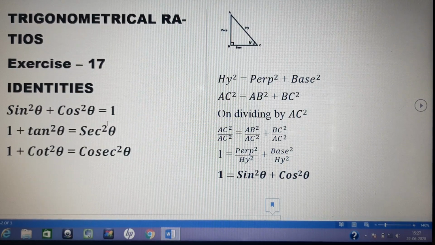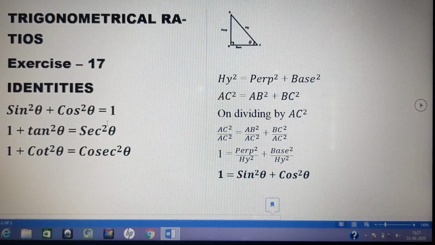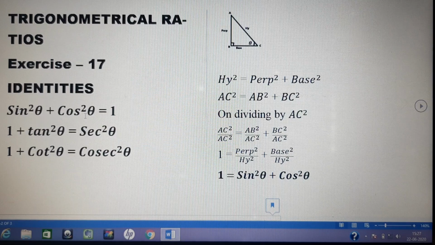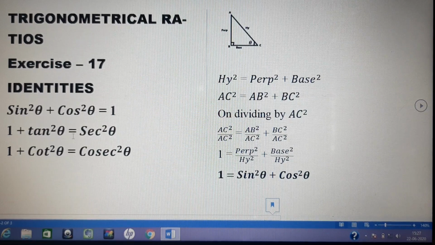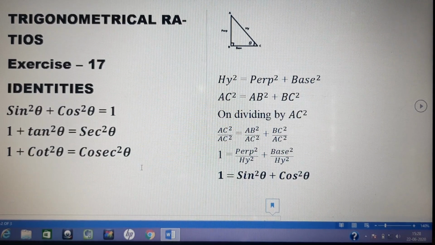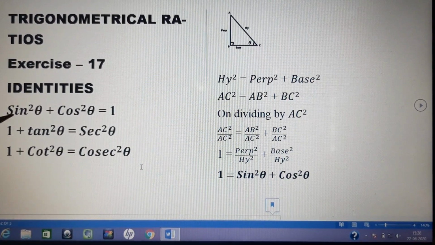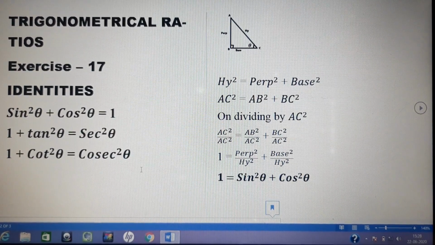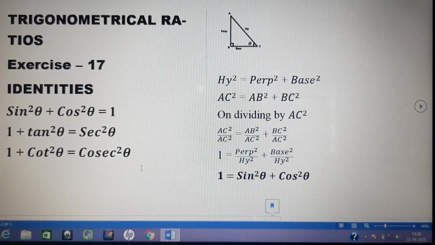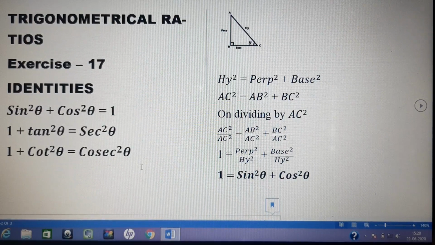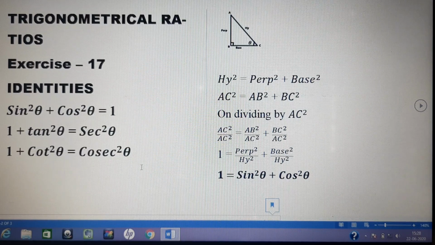It means whatever value sin 30 will have, 1 upon 2, 1 upon 7, 1 upon 5, whatever value it will have will be squared. Are you getting it? So these three are the formulae. Sin square theta plus cos square theta is equal to 1. 1 plus tan square theta is equal to sec square theta. And 1 plus cot square theta is equal to cosec square theta. We can use them either way. Like sometimes if we take the first one, sin square theta plus cos square theta is equal to 1, it can be used this way also: 1 minus cos square theta is equal to sin square theta, or 1 minus sin square theta is equal to cos square theta.